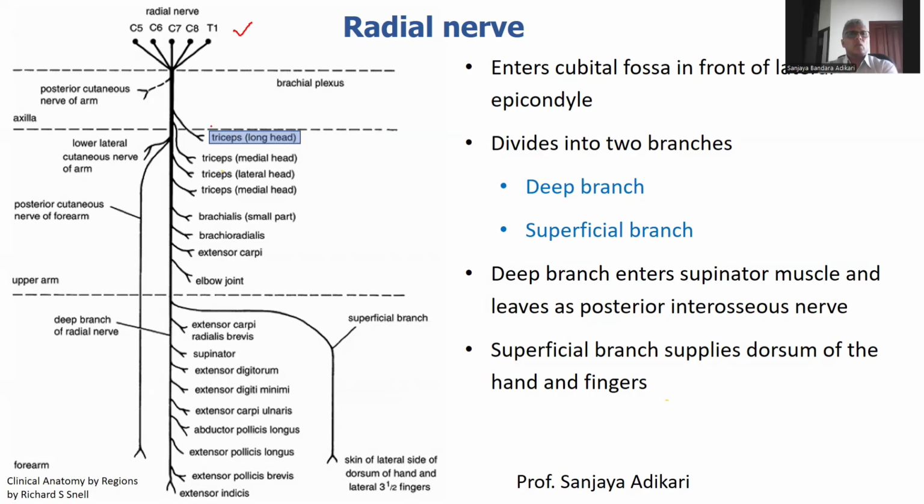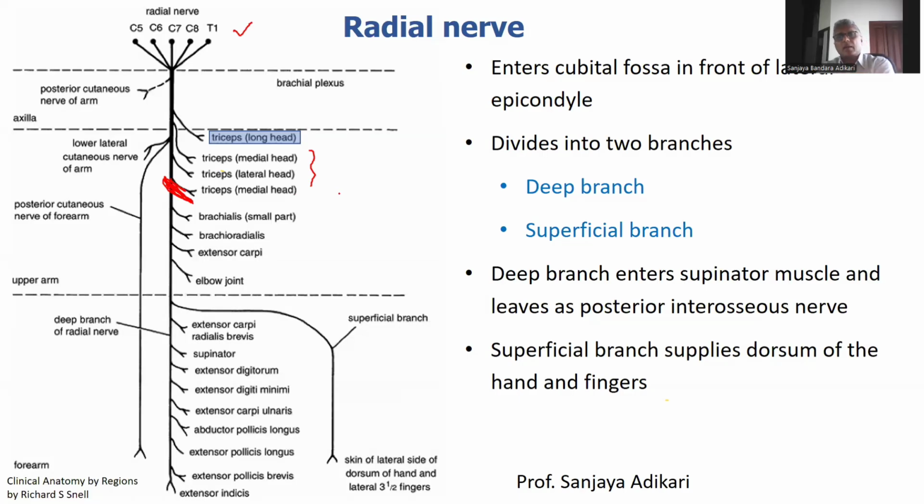So the triceps long head is supplied when the nerve is still in the axilla, and the medial head is also supplied quite proximal to the radial groove. So if the nerve is damaged somewhere in the radial groove, then triceps is not totally paralyzed. That is the important thing. That's why, when you damage the radial nerve in the radial groove in a midshaft fracture of the humerus, usually you get wrist drop,